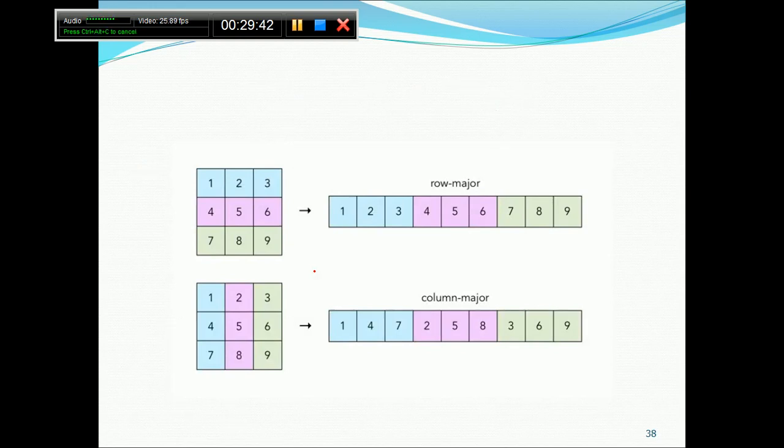Now, what are row major and column major order? Eventually they are stored in a contiguous memory location. What is a row major matrix? It will go row wise, 1 2 3 first, then 4, 5, 6, and then 7, 8, 9. This is stored inside memory in this way. Whenever it is column major order, it will go like 1, 4, 7, first column, then the second column, 2, 5, 8, and then 3, 6, 9. In this way they are stored in memory.